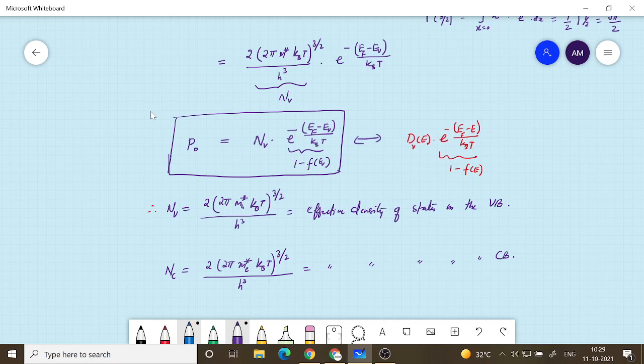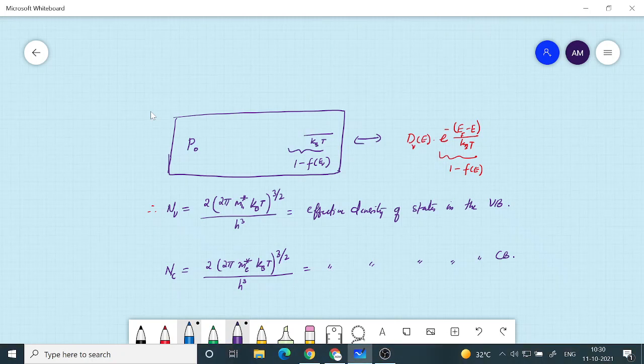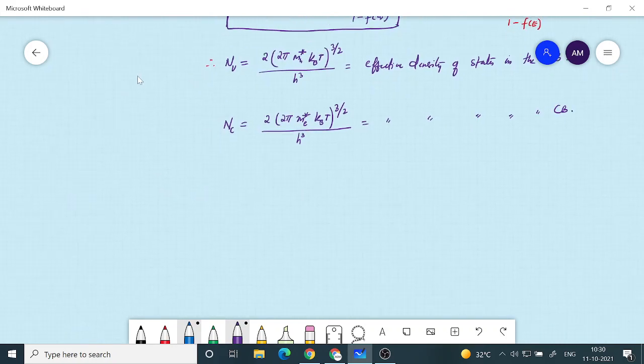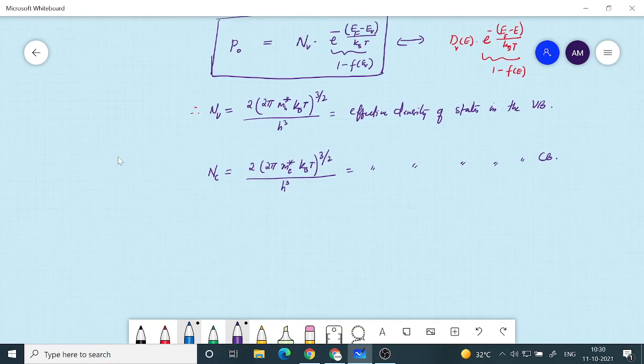That means more and more electrons from the valence band will find energy to go to the conduction band, thereby creating more vacancies in the valence band and more electrons in the conduction band. So the conductivity of the semiconductor material increases as a strong function of temperature. So if you heat a semiconductor,